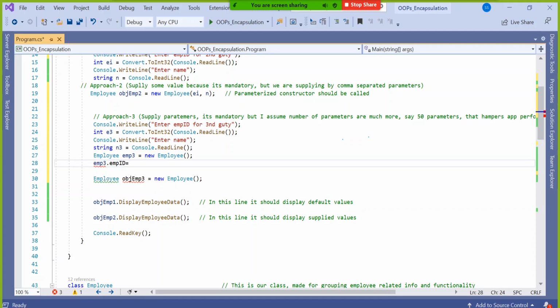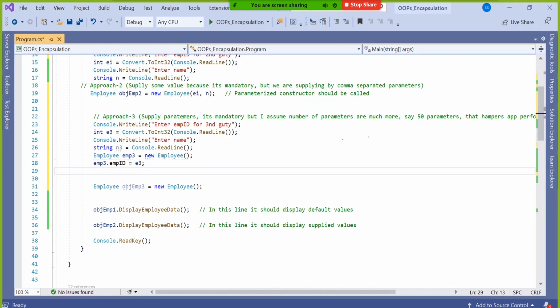So I say emp3.employeeID equal to, in fact directly you can write this. If you have already collected it in a variable, you can write like this, E3, and emp3.empName equal to N3. That means supplying that. That is one way.